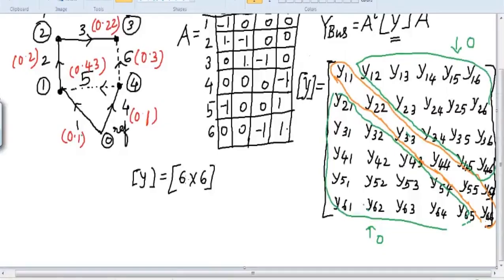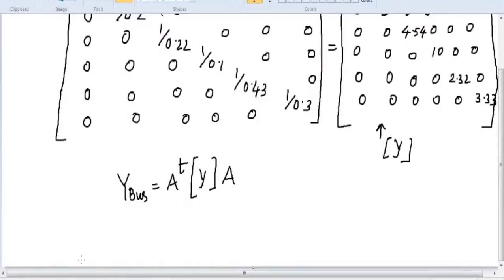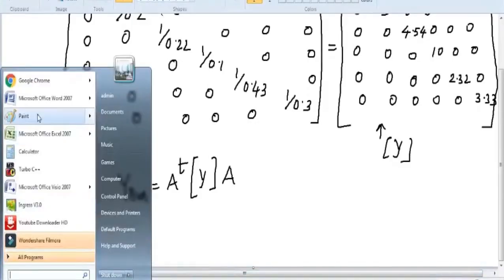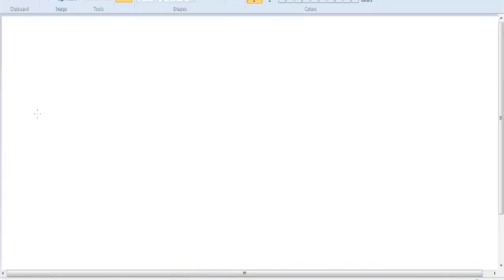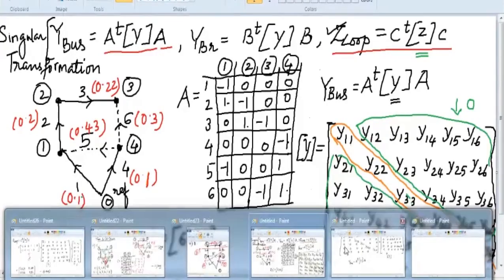So we have already A available with us. What is A? This is the A matrix which is available with you. So you have to make the transpose of this and make the rows into columns. Right? So I will write the answers in this way. So -1 0 0 0. This will be my first column. So let me write here